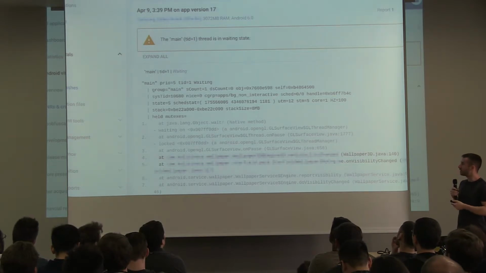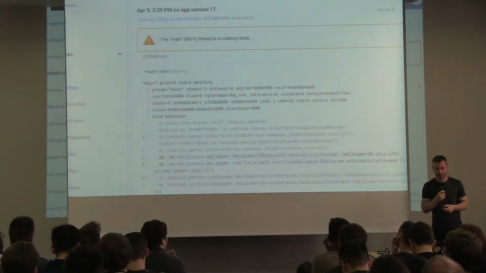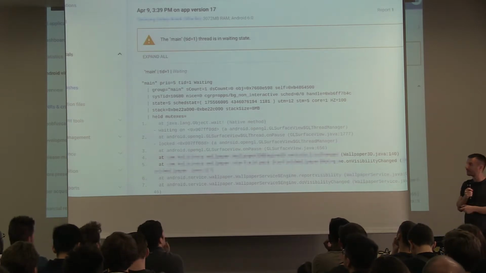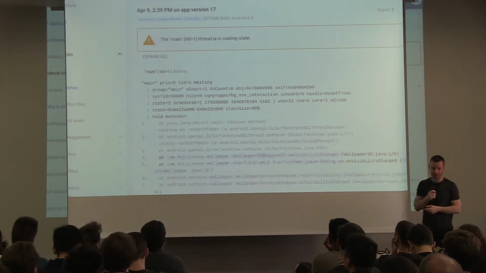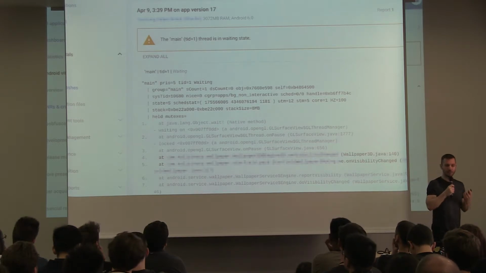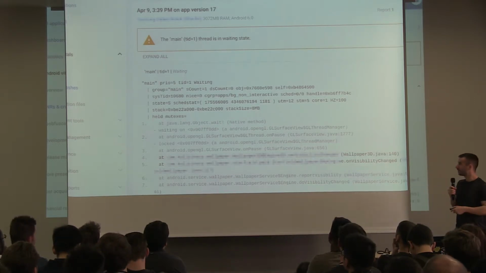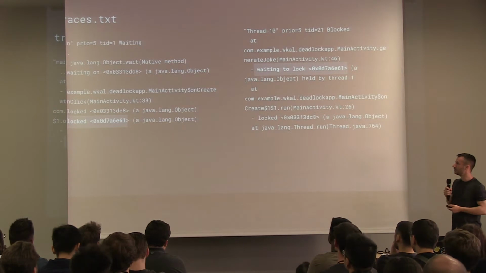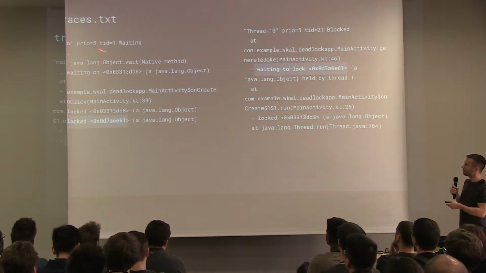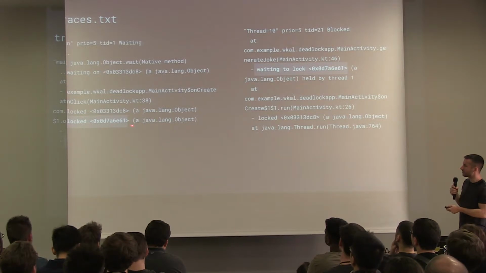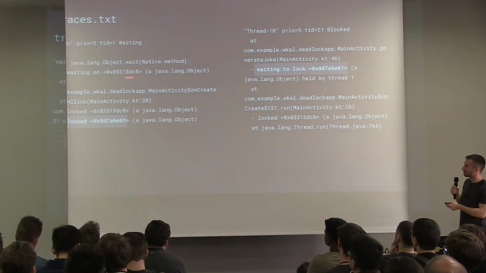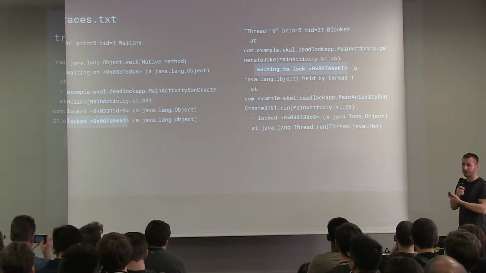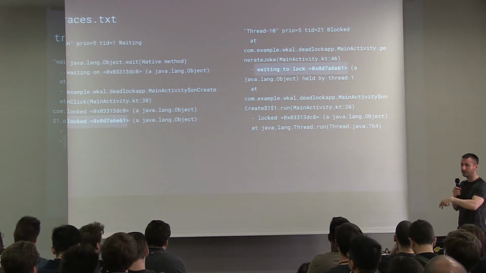But if you do, then that's where the vitals section on the Play Store comes in. If you actually click on any of the ANRs, you get this trace dump that's generated on the device whenever an ANR happens. And it can tell you a lot about states of the threads in your app and what they were doing. So I know this is a wall of text, and it's sometimes really difficult to know what to do with it. So I suggest if you have a deadlock, and you see the main thread has locked something and is waiting on something else, then you just Control F, search for this or this number. It's literally just the address of the object in memory that is either locked or trying to be locked.